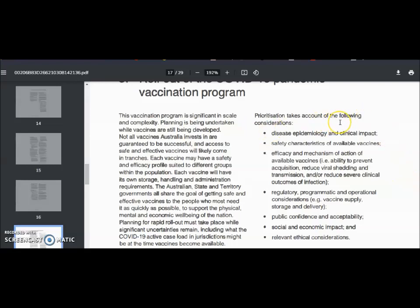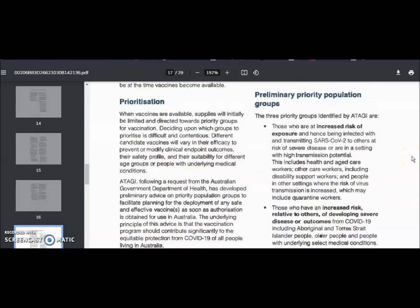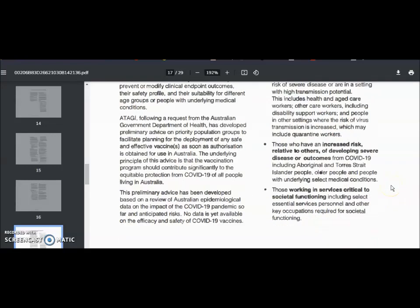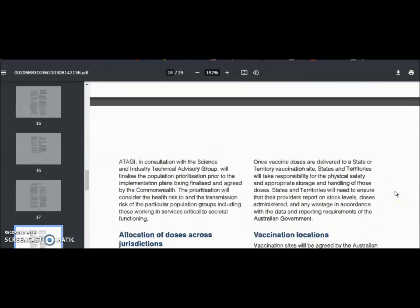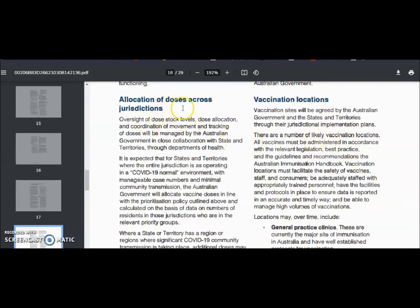Prioritization takes account of the following considerations: public confidence and acceptability, and it tells you about priorities: those who are at increased risk of exposure and hence being infected with and transmitting SARS-CoV-2 to others at risk, those who have an increased risk relative to others of developing severe disease, and those working in services critical to societal functioning. Then it tells you allocation of doses across jurisdictions, vaccination locations,